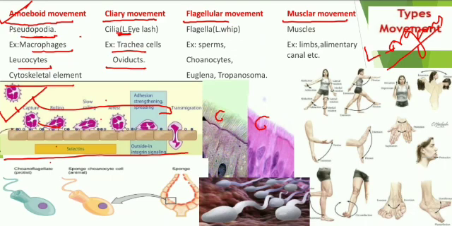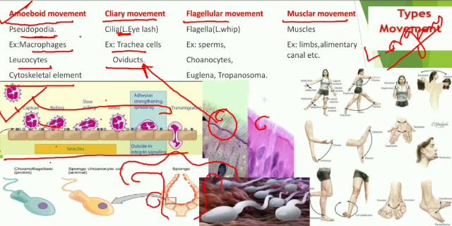And in this diagram, these are the cells having cilia. This kind of cell we have seen in the oviduct. What is the oviduct? It is a part of the female reproductive system. We have seen it like this diagram. This is the female reproductive system, this is the egg, and this is the oviduct. If you cut this oviduct, the cells are visible like this, and that's why the oviduct consists of ciliated cells. They can push the egg to the ampulla region for the sake of fertilization.